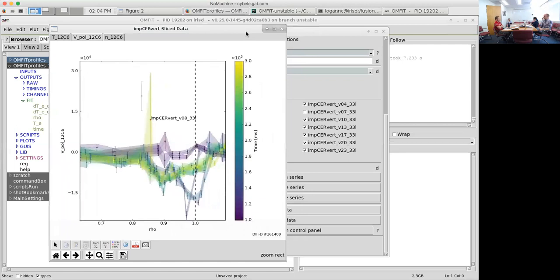Yeah, we're always trying to incorporate the best practices from different machines. The pedestal alignment feature is something that D3D was doing, and it now is available on other machines that might also have similar 3D effects, for example. Okay, so if there are no